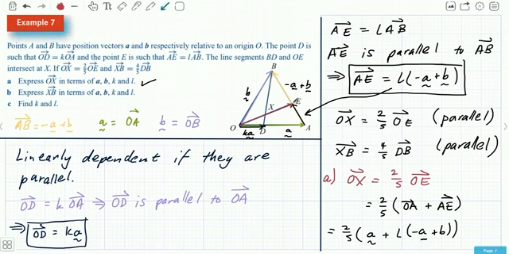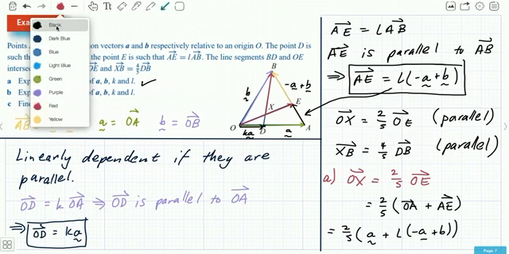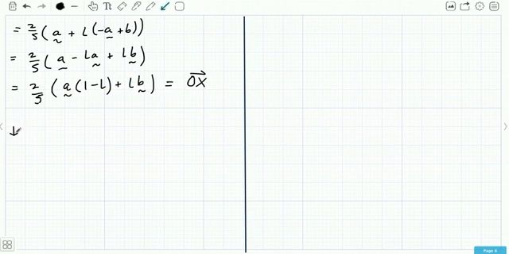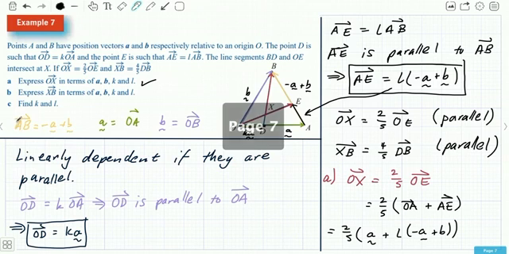So XB, let's get rid of that there, is going to be found in a very similar way. Just putting that back again. So we've got XB, which is going from here to here this time. And we know that XB is given as 4/5 of DB. So let's write it out. XB equals 4/5 of DB. Now if we look back at the diagram here, if we wanted DB,